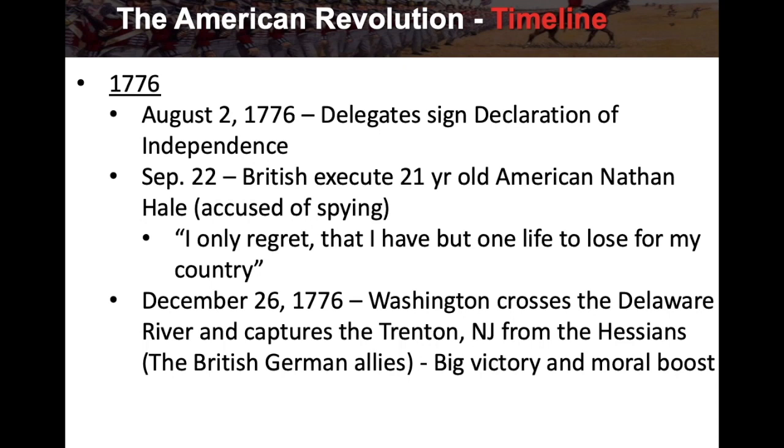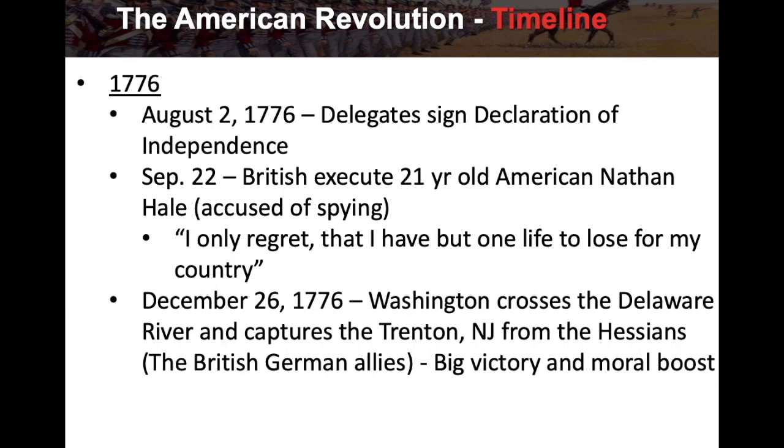Don't forget, New York City, that was controlled by the colonists, and then the British take New York City. Another area, Philadelphia, was controlled by the colonists, and the British take Philadelphia. And then throughout the maneuvers of the Revolutionary War, Philadelphia is regained because the British have to leave Philadelphia to go reinforce New York City, and the colonists take Philadelphia back, and then later on the colonists retake New York City. So there's a lot of back and forth within the war, and then the war will eventually